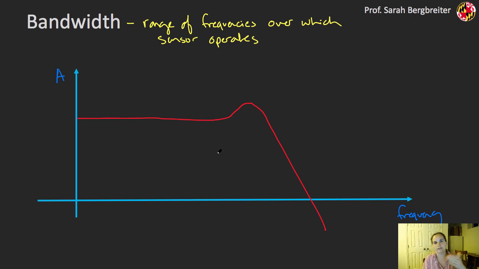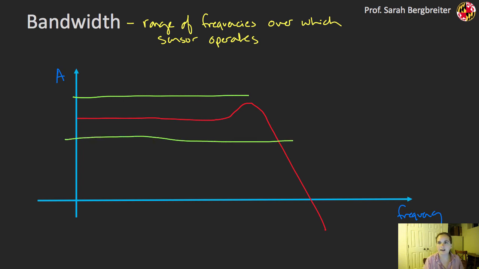If I have a sinusoidal input to my sensor, I'm looking at how that amplitude changes with the sinusoidal input. It kind of goes back to filters, but it's the basic dynamics of the sensor. In this case, I can define a point at which I consider the amplitude still worth looking at,